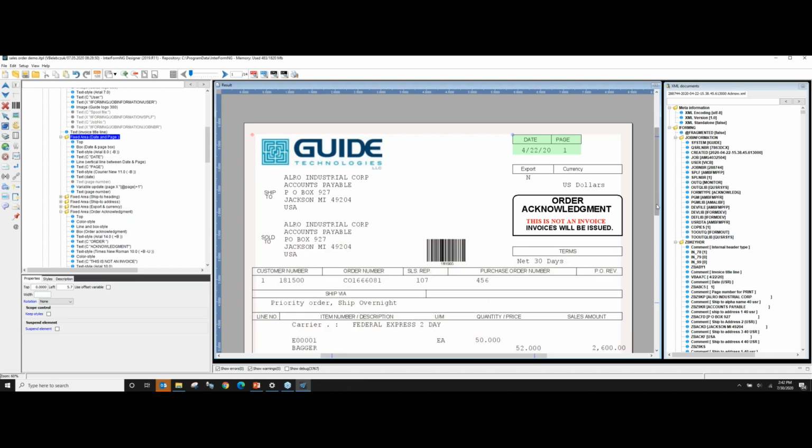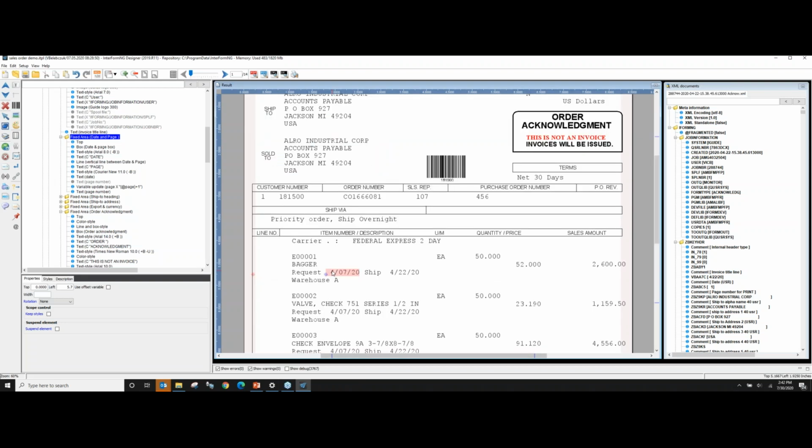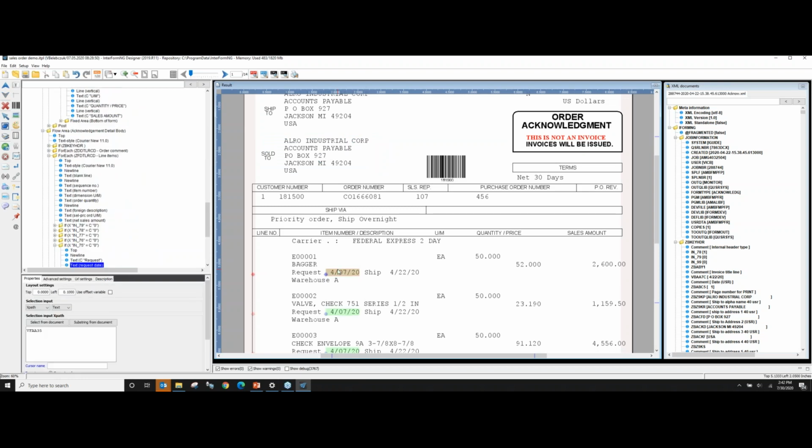Another one, for instance, is if we look at the actual detail lines, I created a section for that called a flow area. The reason I did that was that I wanted things to be able to stay in proportion to each other, but to be able to slide back and forth as I added or changed or removed columns or fields from